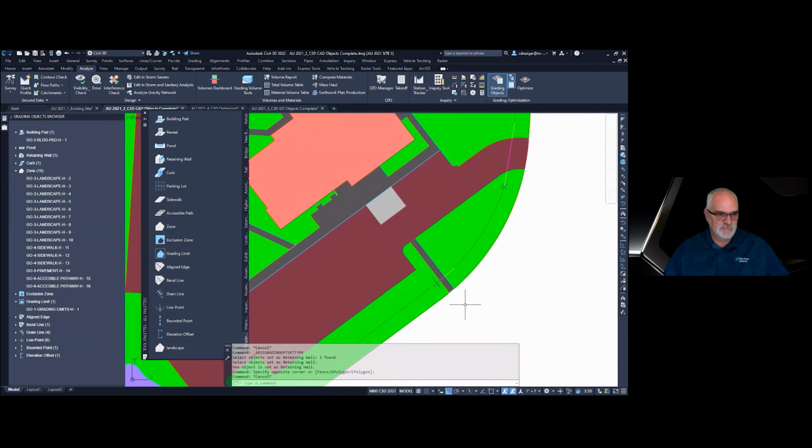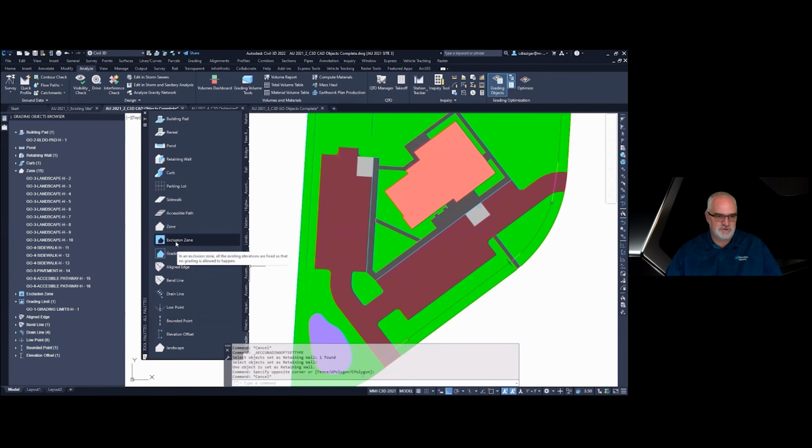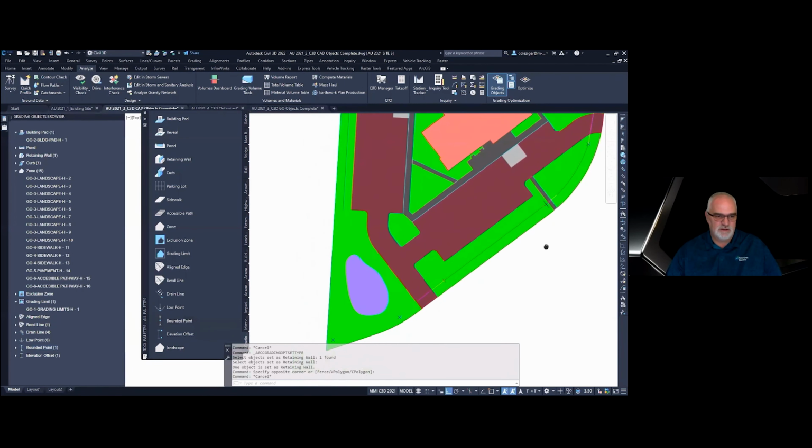And that's pretty much all of the different types of objects you can apply. There's an exclusion zone, which will, if you put an exclusion zone in, it won't do any grading within that area. We'll define this pond.